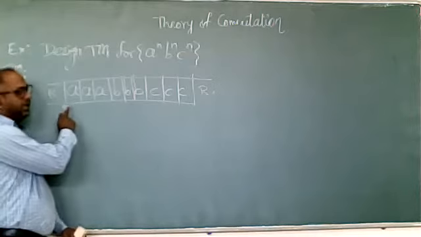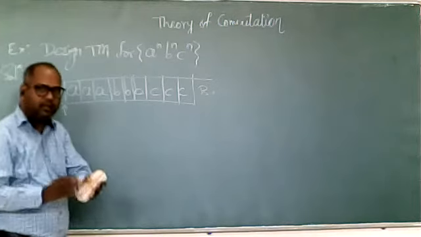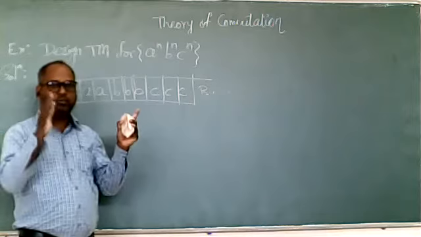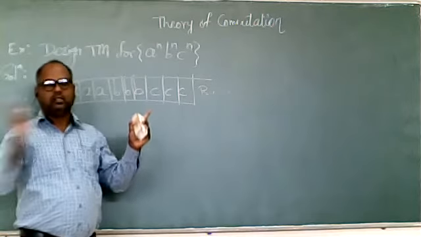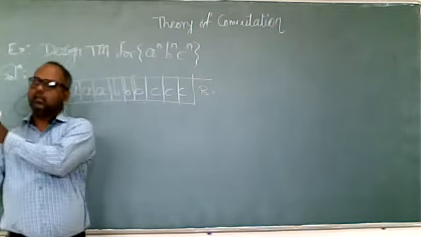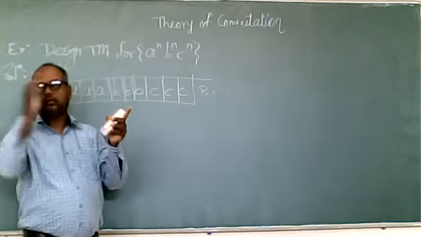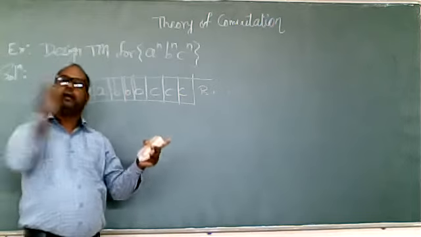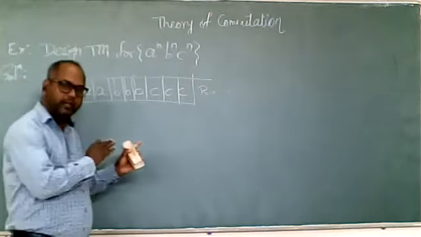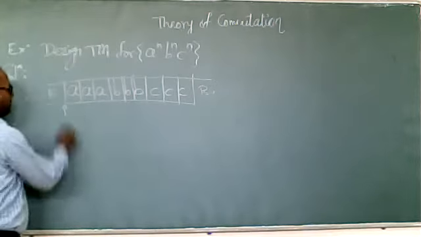For every A, there should be a B, and there should be a C. For one A, there should be one B and one C. So we'll mark A as X, B as Y, C as Z. We'll come back again, search for the next A, and mark it X, Y, Z. Again come back, X, Y, Z. Likewise, we'll try to implement the logic. We'll start with this first.